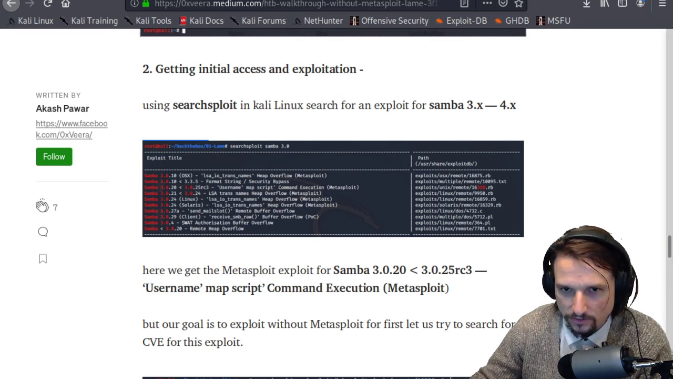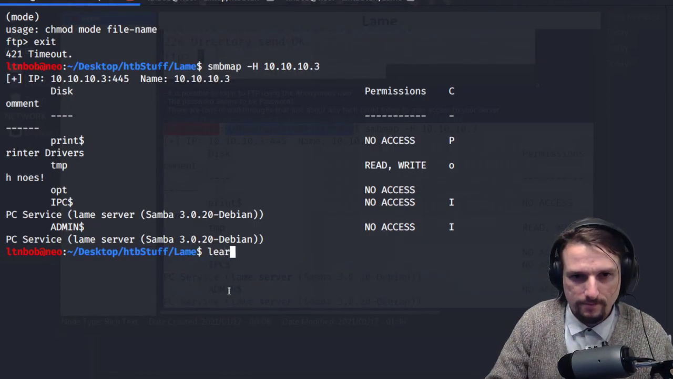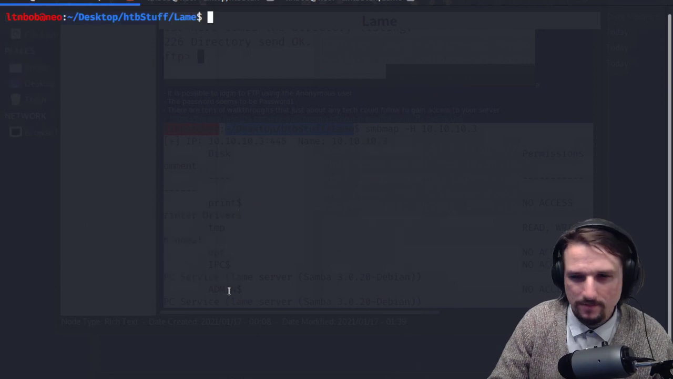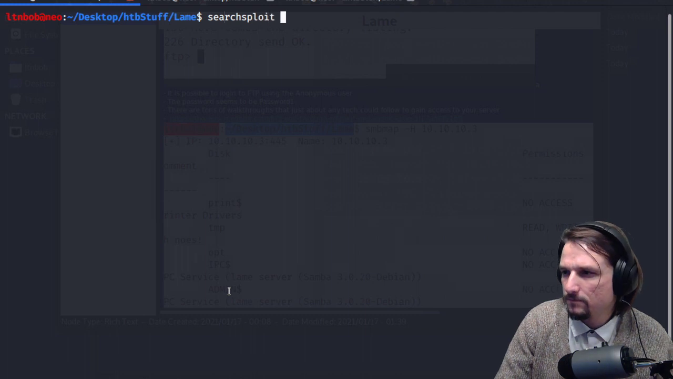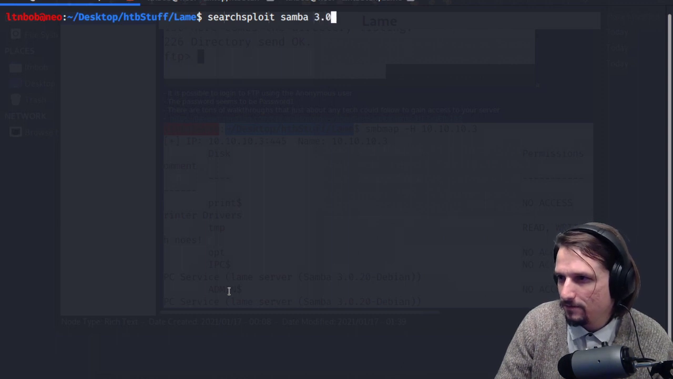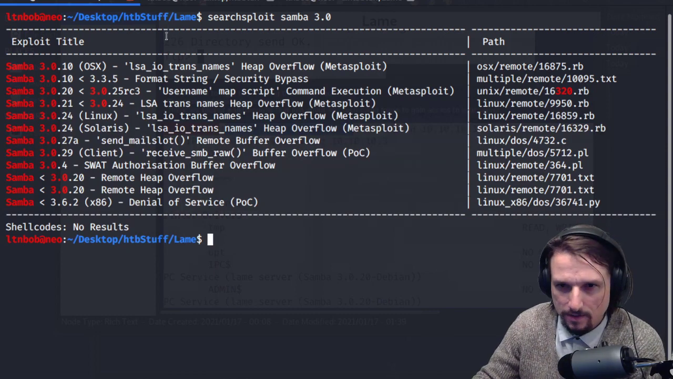They said searchsploit Samba 3.0. See, occasionally it doesn't catch my keystrokes. Samba? I need to make this more transparent. Okay, so